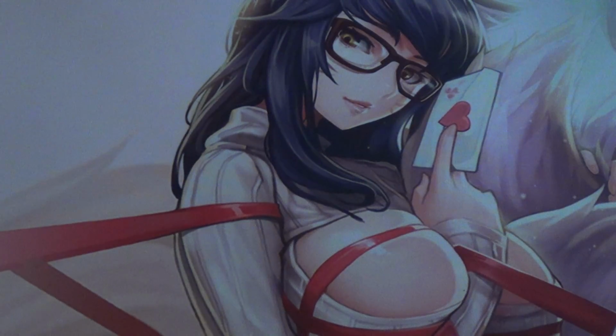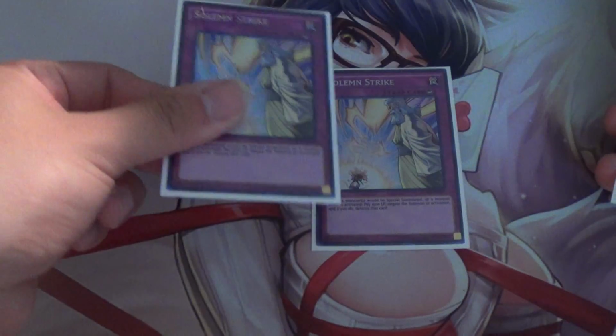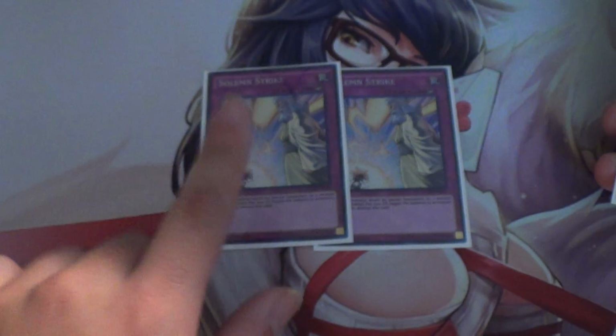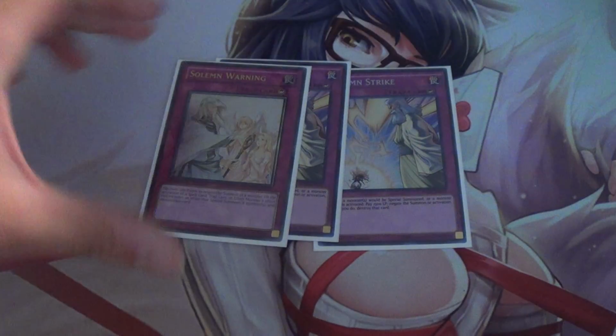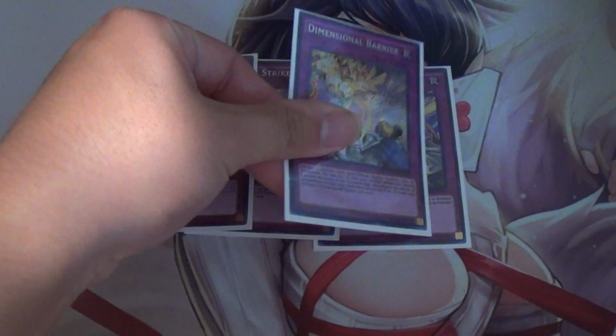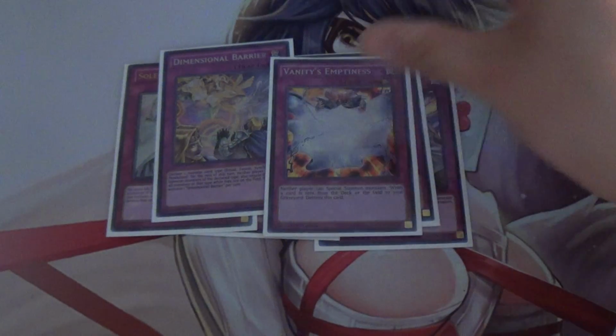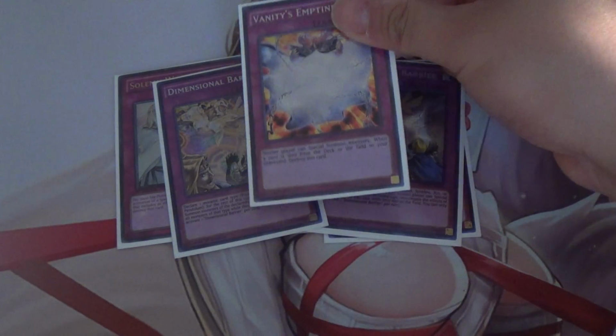But the traps are pretty straightforward. They're literally the best traps in the game. 2 Strikes. I cut down the Solemn Strike count to 2 because I decided to put in Warning, because Warning is also really good right now. Just 2 Barrier because I decided to put in Bandit's Emptiness, because just flipping this wins you games